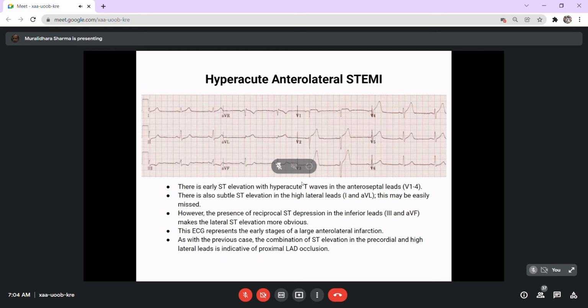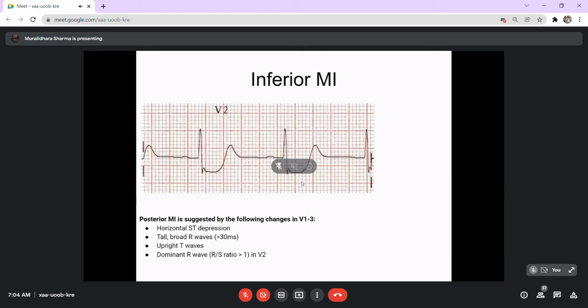So these are all the possible variations. But in summary, it's about the identification of the ST segment elevation in any of the leads. Even if you are not able to make out whether it is anterior, posterior, lateral or inferior MI, if you are able to identify MI, that's good enough from the clinical management point of view most of the times. Location of the MI is not a very critical issue in present day clinical practice.